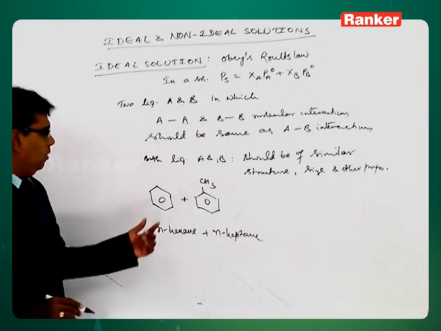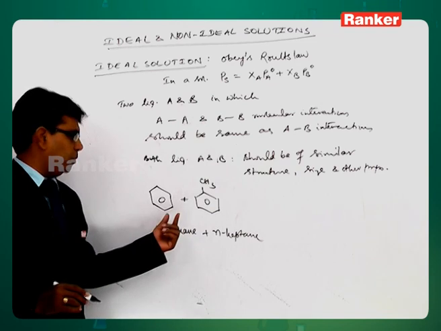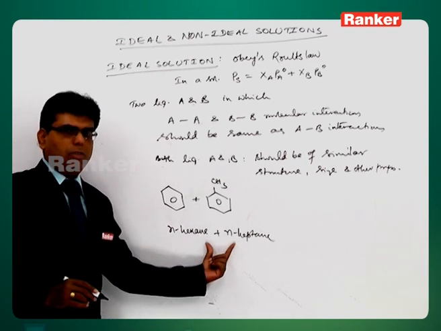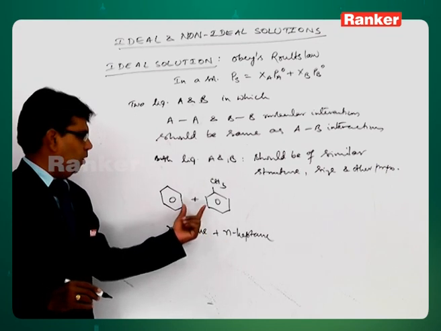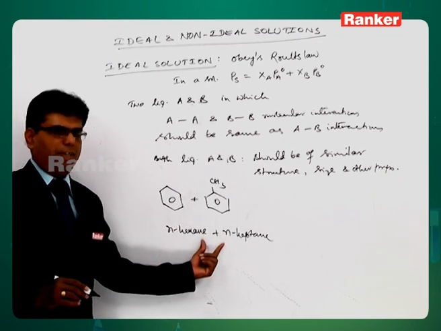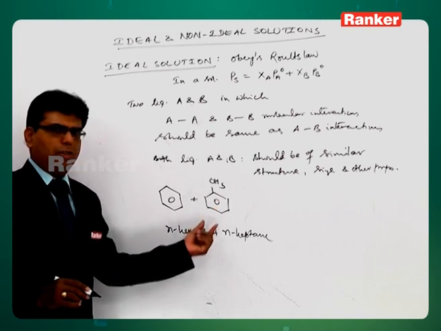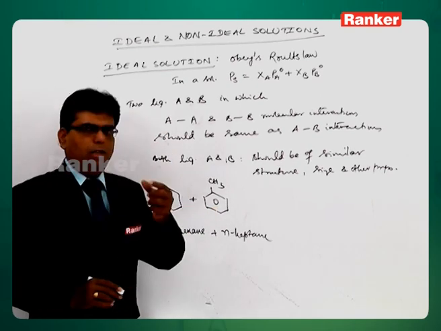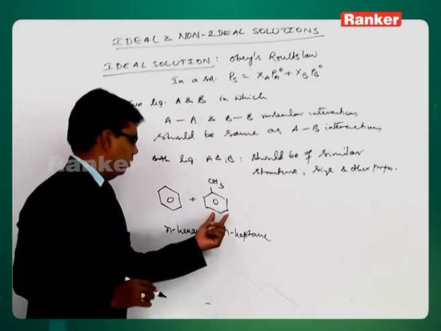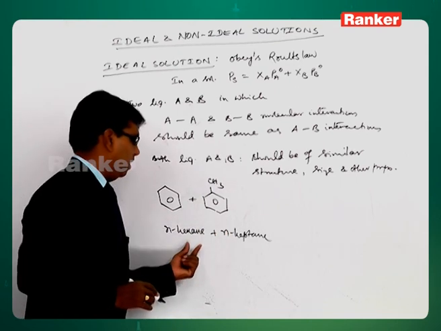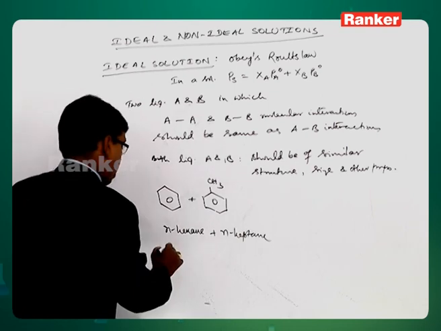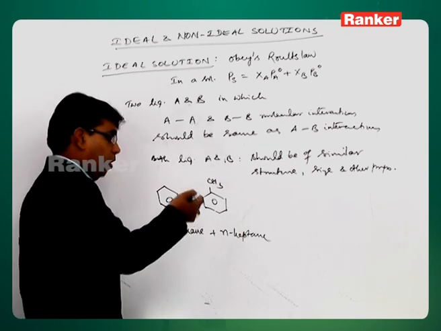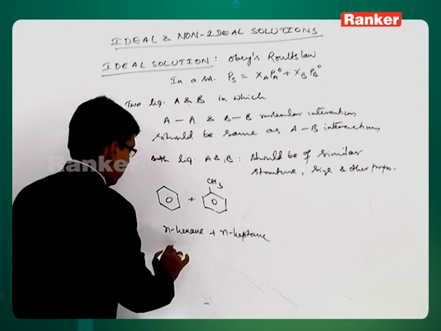In the case of organic liquids especially, those liquids which are homologues and do not vary much in their molecular weight, just differ by consecutive members of a homologous series. Benzene and toluene differ by CH2, hexane and heptane differ by CH2, and also similar molecules having similar functional groups, like